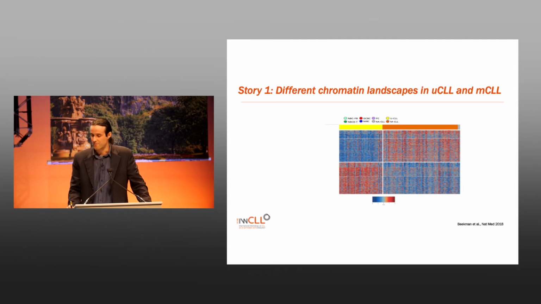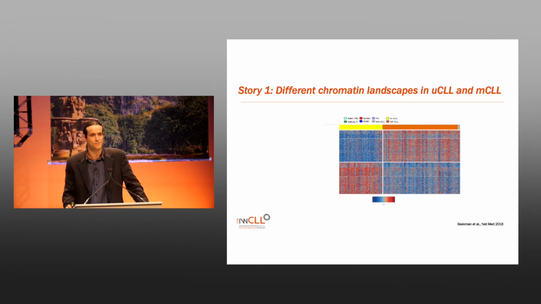Another thing we did is we compared the IGVH mutated and unmutated, and we identified clear differential signatures. So these are the IGVH mutated, the IGVH unmutated, and then here there are regions that are more active in this group, in the good prognosis, and these regions more active in the poor prognosis group. But